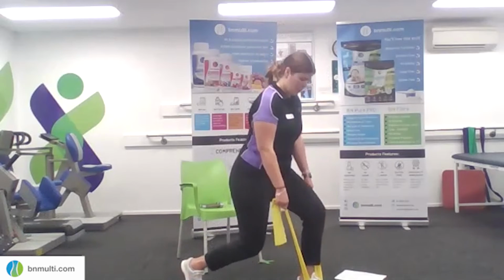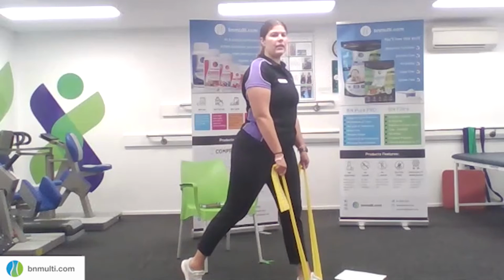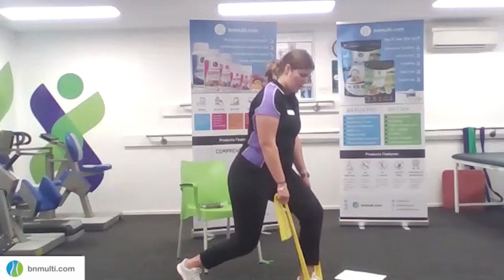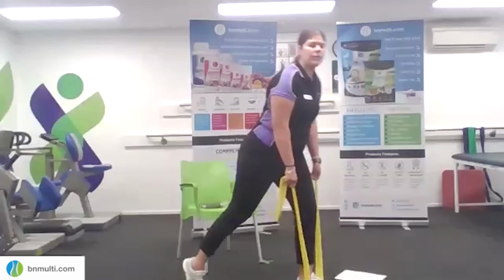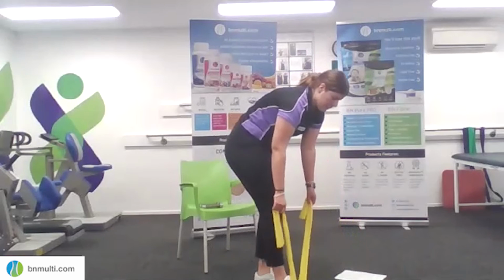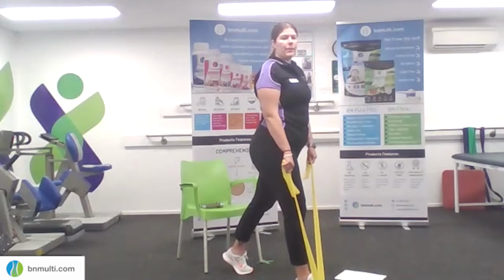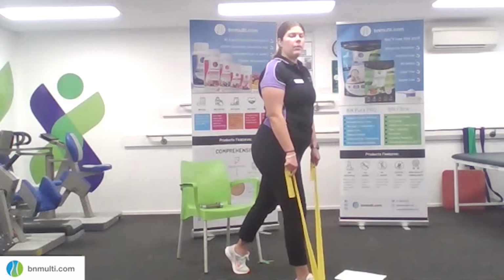4, 5, 6, 7, 8, 9, and 10. Once you've done 10, just swapping over to the other side. Shooting the opposite leg back up on the ball of your feet, and let's go for 10 again on that side. 1,